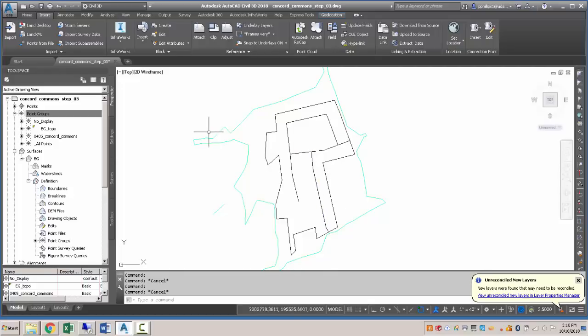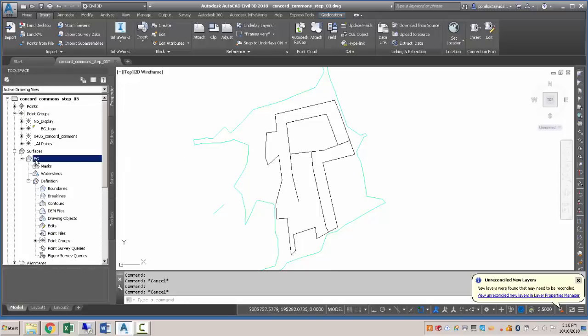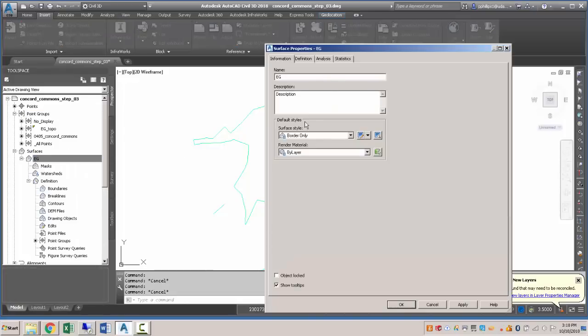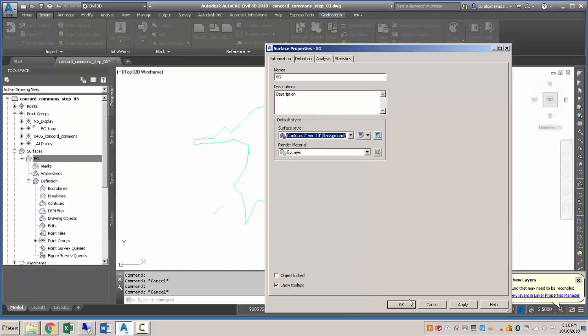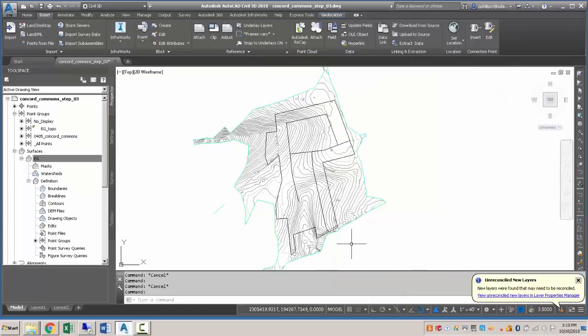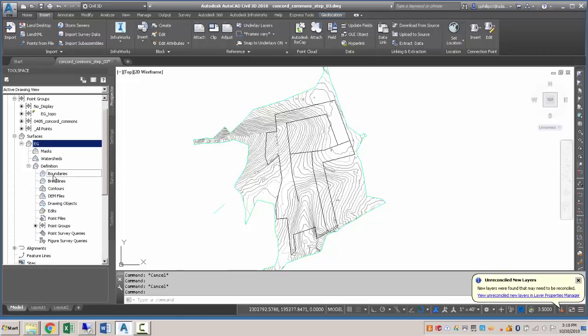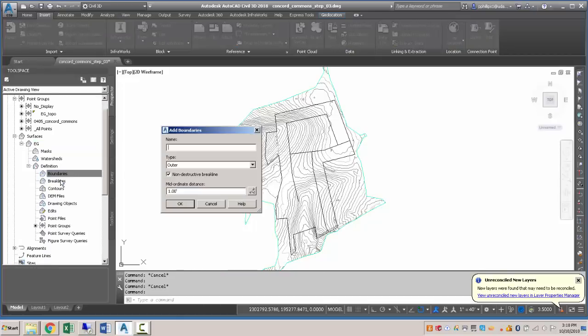So at this point, what we want to do is we want to bring back our surface. So if we right click on EG surface and we go back to 2 and 10 contours, you can see our project is this outer polyline, and what we can do is under the surface definition we can add a boundary. So I'm going to right click on boundaries and add, and I'm just going to call this project boundary,